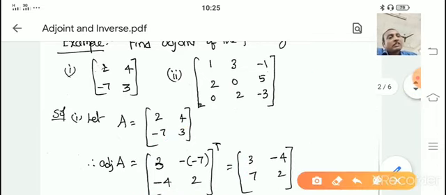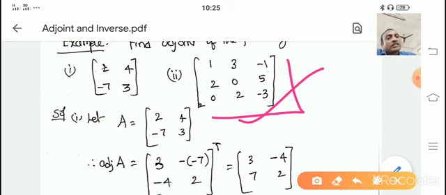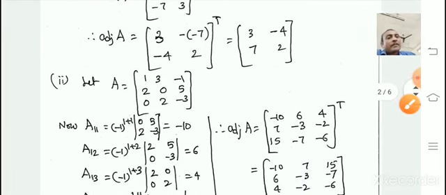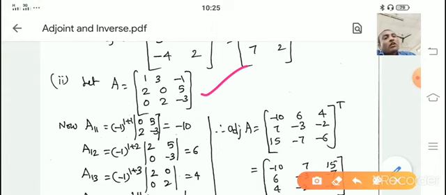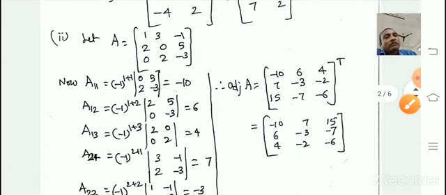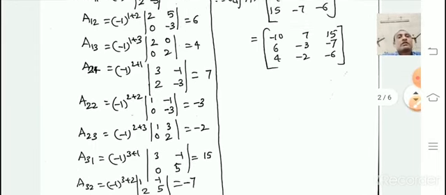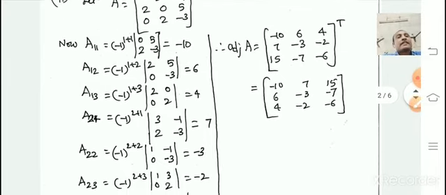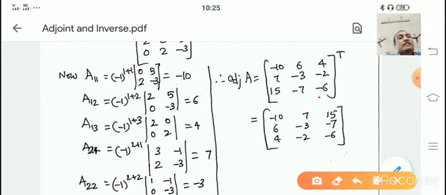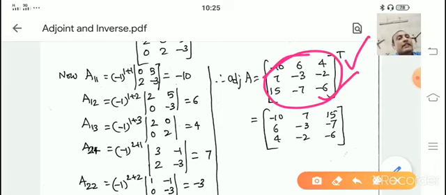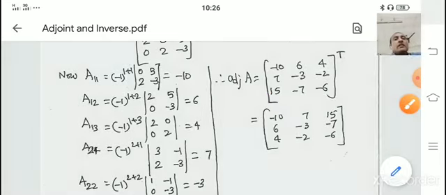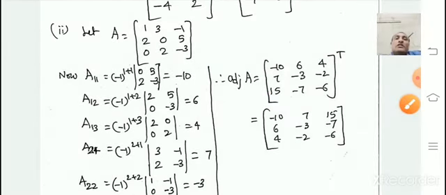A 3 by 3 matrix is also given here. How to find its adjoint? See, the matrix A is given. All cofactors we have to find out, A11, A12, like earlier in exercise 4.4, whatever method you did. In that method you will have to find all the cofactors A11 to A33. After finding them, write all the cofactors correspondingly in the adjoint, like adjoint A is equal to all the cofactors written down, and transpose it. Then you get the adjoint of the matrix. Now you understood how to find the adjoint of the matrix.